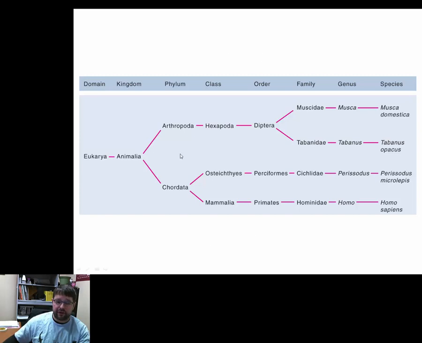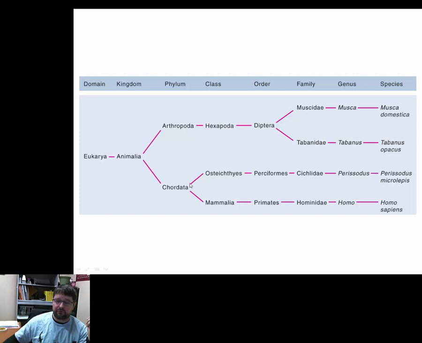And so in this course, since we're dealing with animals, all animals, that kingdom, belong in eukarya, meaning that they have a true nucleus in their cells. From there, we are going to be dealing with a bunch of different phyla. So if we're dealing with things like Arthropoda, or joint-footed organisms, we're in that phylum.